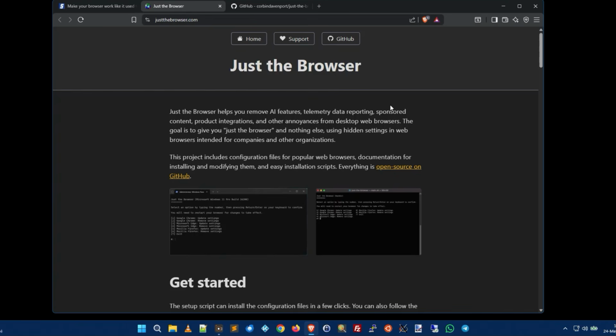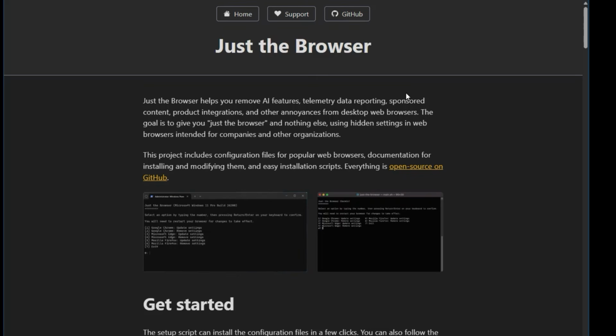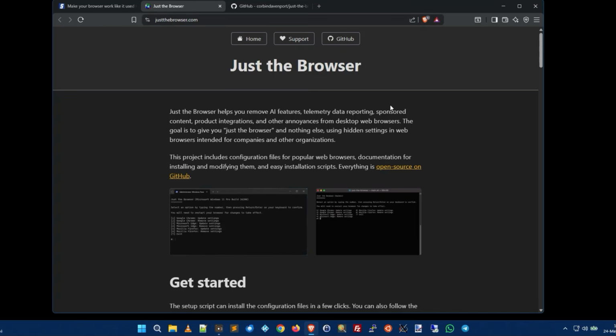First-run experiences, gone. Data import prompts, gone. Telemetry, stopped. It removes everything. And what it gives you is just a simple web browser again. It's really, really cool. Now, you're probably going, hang on a minute, Scotty, this is a script I'm going to